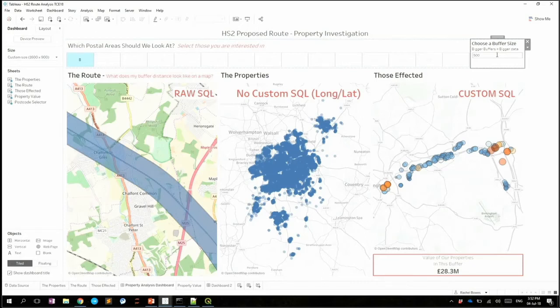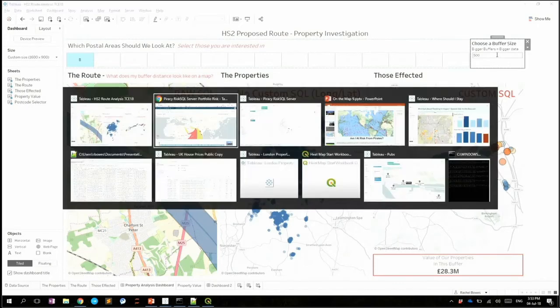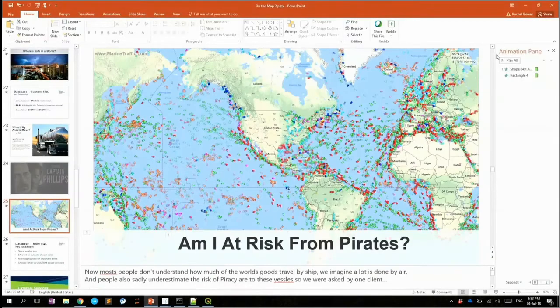One of the examples on the left is using raw SQL. The one in the middle has no custom SQL at all, so it's a direct connection. And the one on the right is using custom SQL. So not all of the vizzes are using the same techniques. You can mix and match the things that Rachel and I have shown you to get the most performant experience for your end users and to answer the questions you need. So if we switch back,